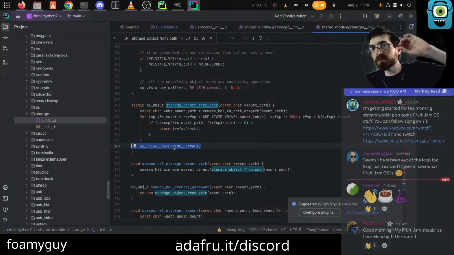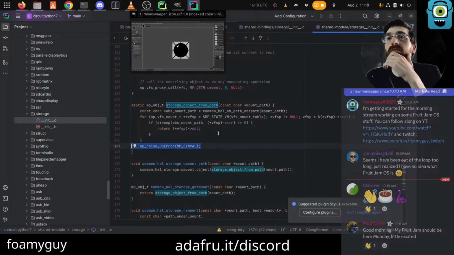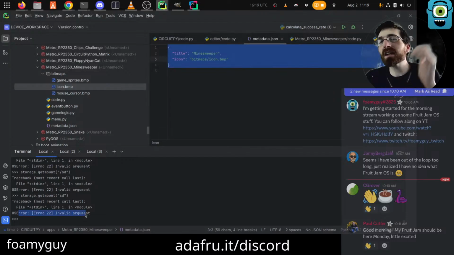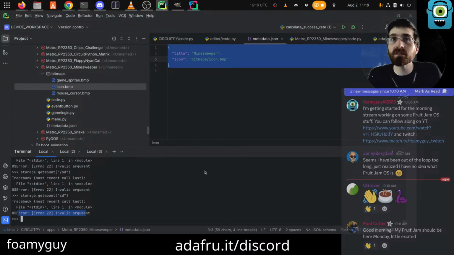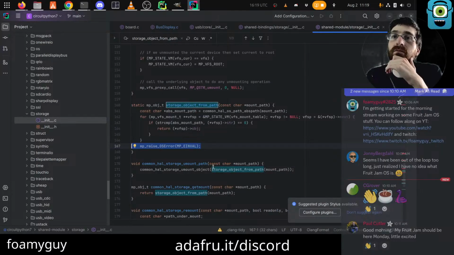Okay. I would try to make the case that returning None might be a thing that this should do. Because it's not an invalid argument, in my opinion. It's just there's not a mount there. It's not invalid to ask for a mount where there's not one. I don't feel it should be, at least. But that's got to be what's going on, right? Inval, that's got to stand for invalid. Got to be invalid argument, I think.